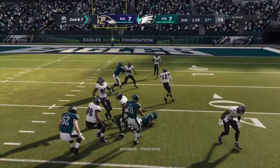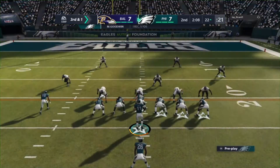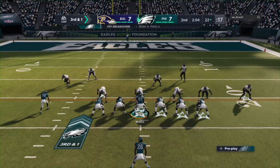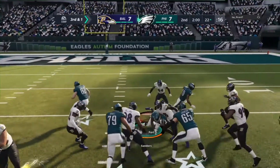And oh, look at that, a diving catch. As a kid, I used to imitate the spectacular catches that I would see on TV. I don't think I ever imitated one quite that well. Come on, give yourself some credit. No, I know better. What we just saw there, that was...